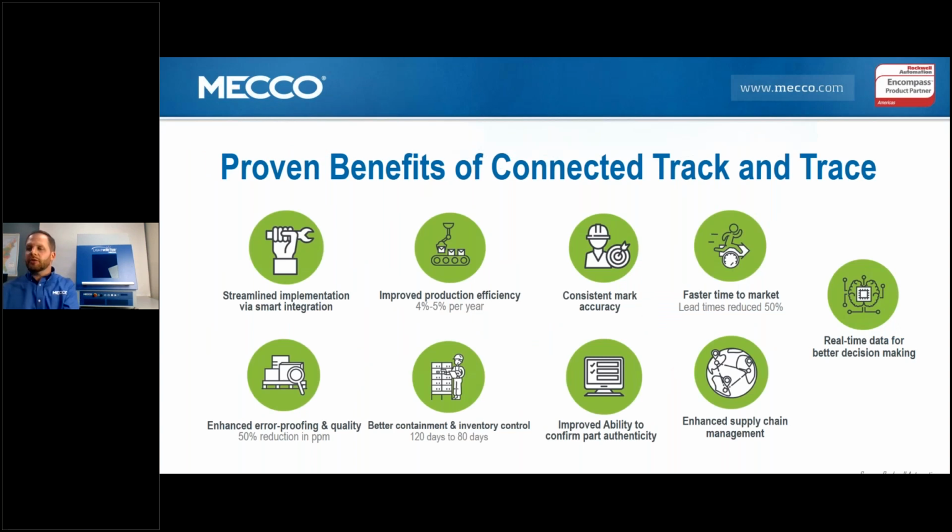I shared with you a slide about the problems that a lot of manufacturers face, and it's interesting that in a lot of those cases, implementing some sort of track and trace solution solves a lot of the same problems. When you look at those problems initially, they seem to be all over the place, and they're challenges for different departments. But when you implement a track and trace solution, the data from the market and from Rockwell Automation